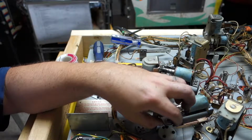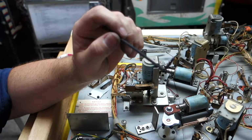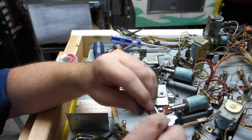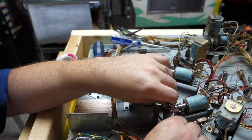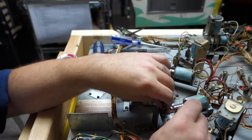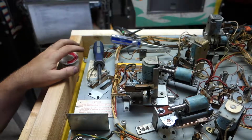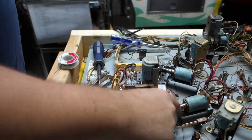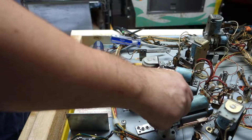There. Do you hear that? I can move it up and down just a little bit. I'm just tightening these up just a little bit, just so I don't lose the flipper. But that's it. There we go. Flipper rebuilt. Oh, it's going to be all brand new and working just like it did when it was brand spanking new